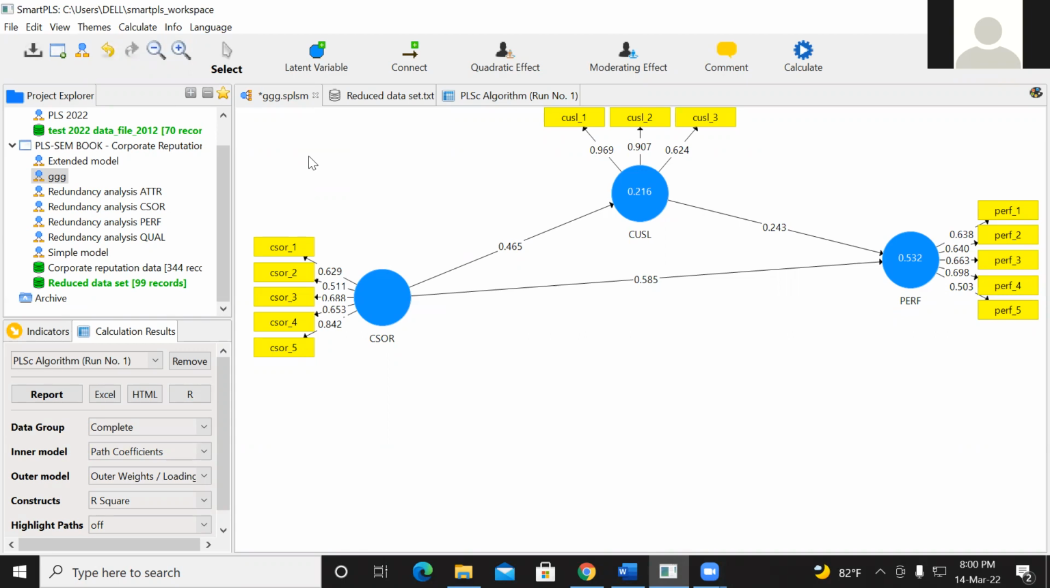Like when you have low AVE values, that means convergent validity, sometimes you can consider deleting some poor factor loadings. Let's say 0.511, sometimes you can delete. Likewise, poor ones you can delete and rerun to improve the AVE level. You have much flexibility to improve the overall measurement model validity and reliability, including the model fit